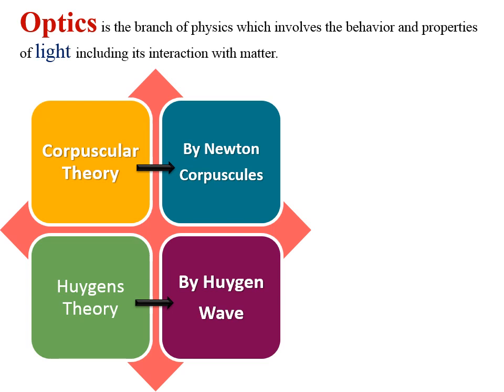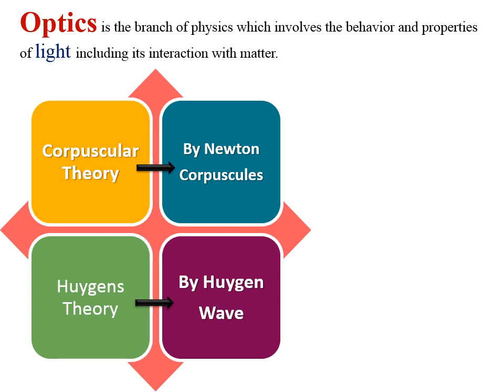Basically, related to light interaction and light propagation, we know the first important theory was put forward by Newton. Sir Isaac Newton has given one theory related to light, and that theory is known as corpuscular theory of light. According to Newton, light consists of several corpuscles or particles, and he has provided the statement light is having particle nature.